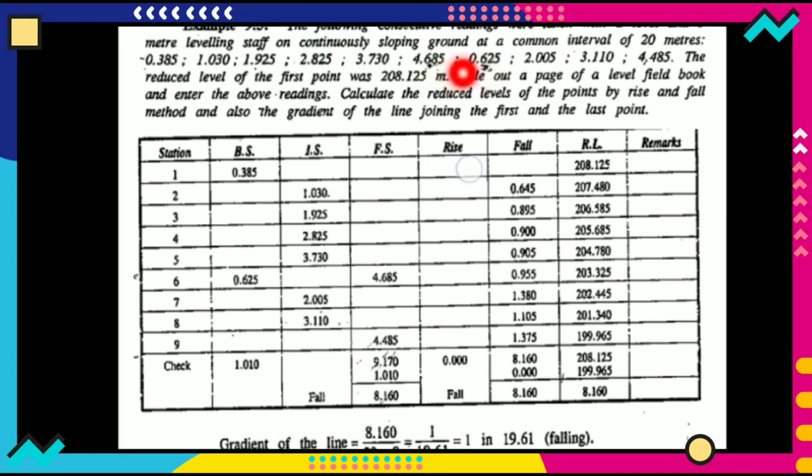So where your reading is decreased, that means this is your backsight, and the reading prior to this reading is your foresight. After this, the reading increases and increases, and that last reading is written in foresight. So the first reading is backsight, then 1.030,